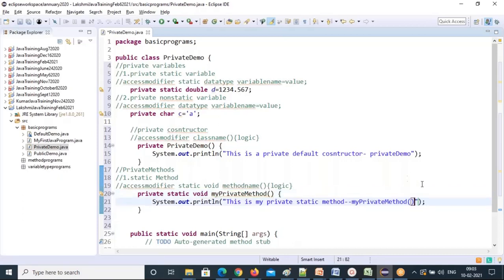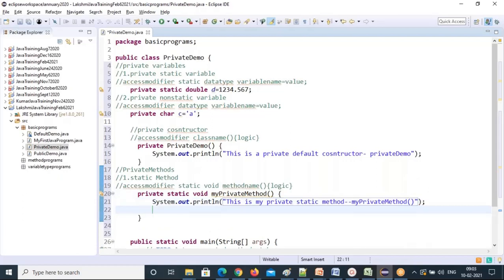So if you want, you can use the data here. Inside a static method, static data you can use. So we can use result equal to d minus 25.23, whatever it is. So the result should be what data type? I'm going to give a double data type.